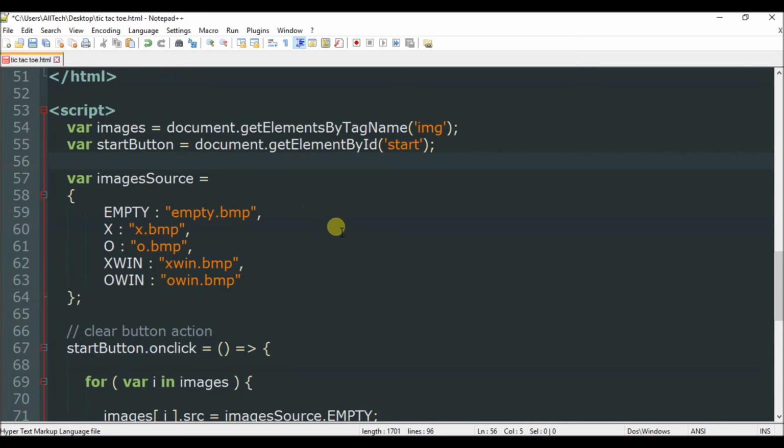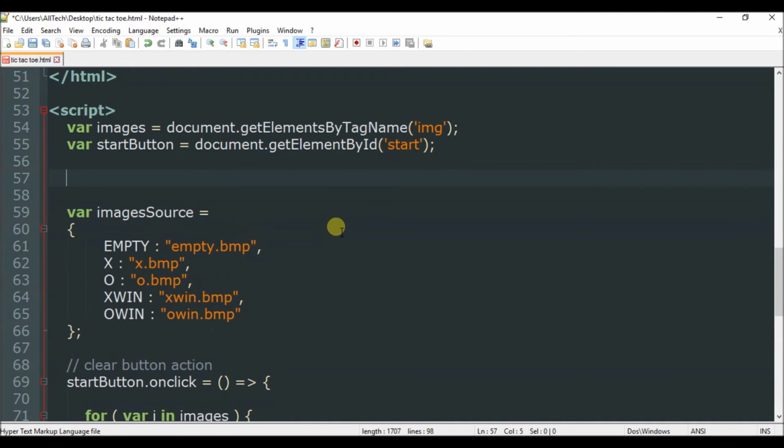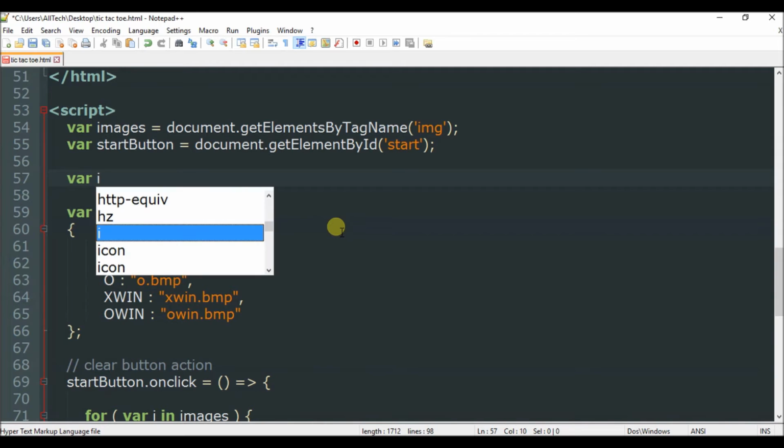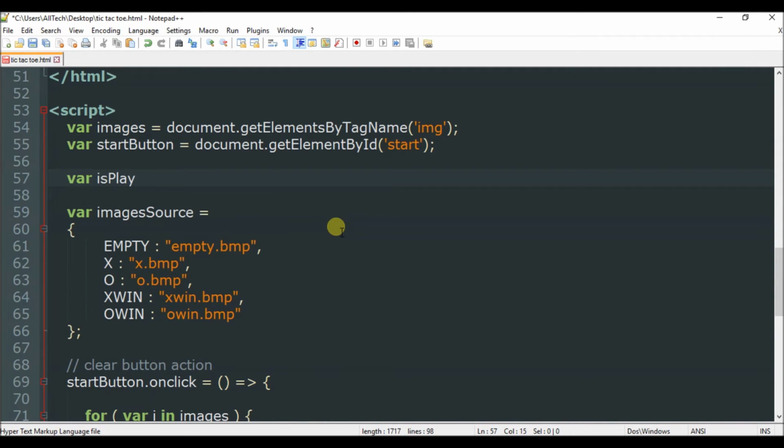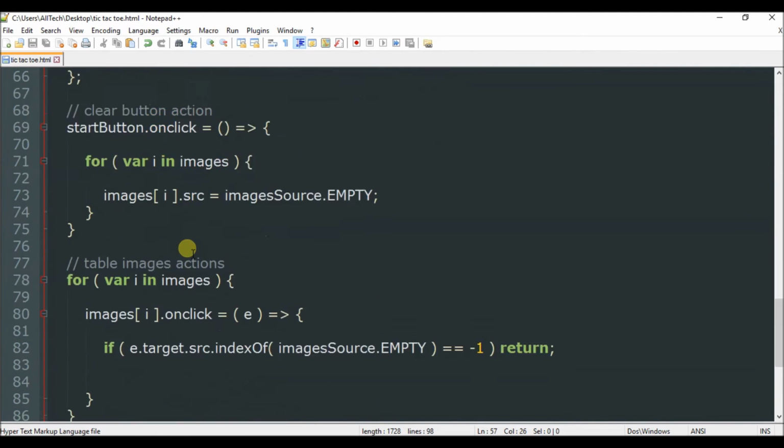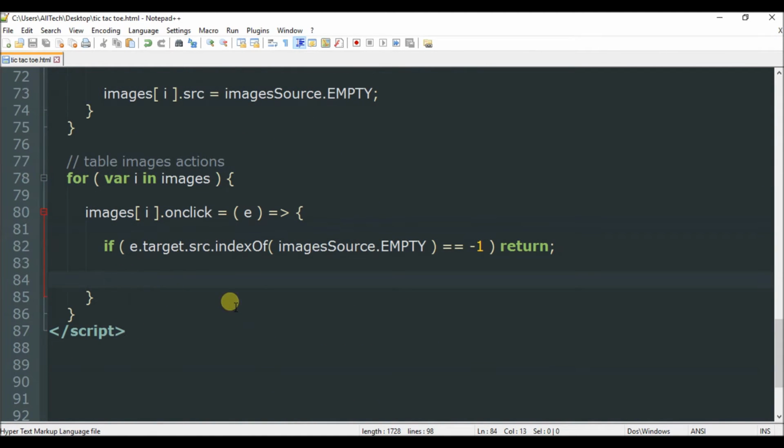For this I will declare here another var, and the var is called isPlayerX, and I say by default it is true. So if it is player X playing, we have to do